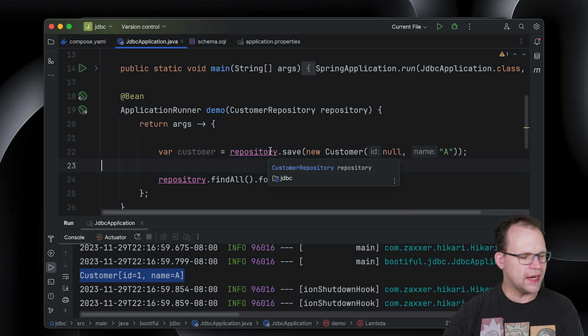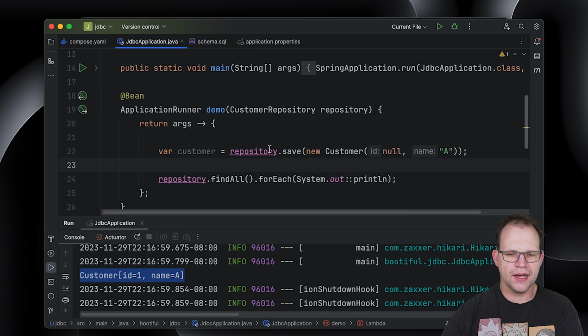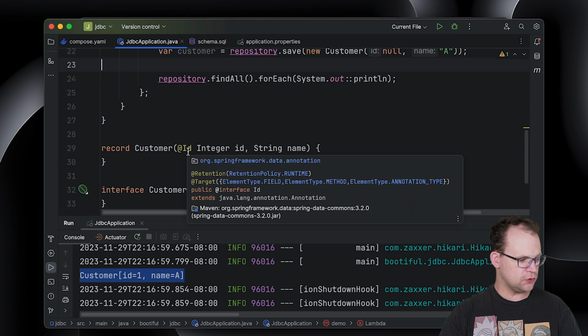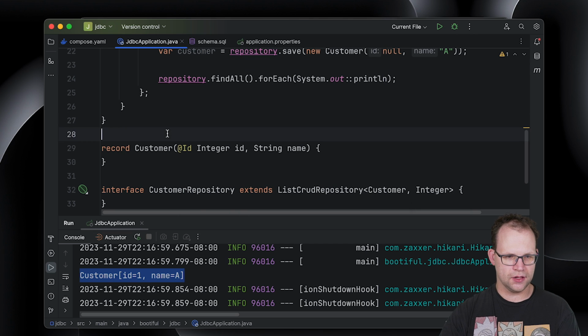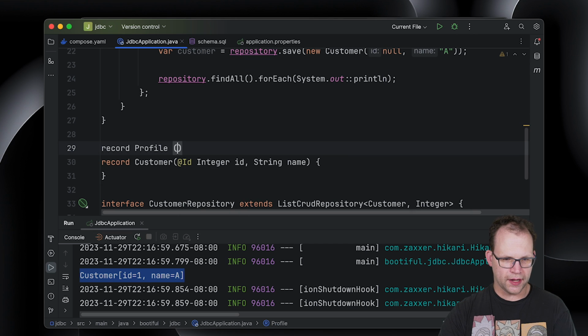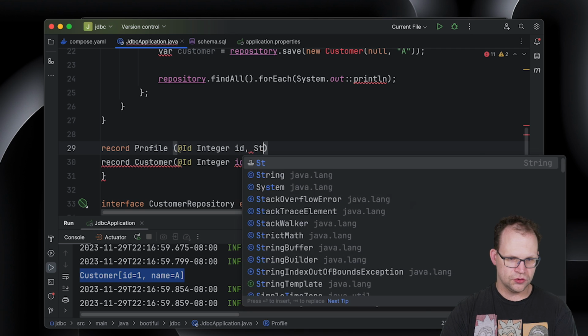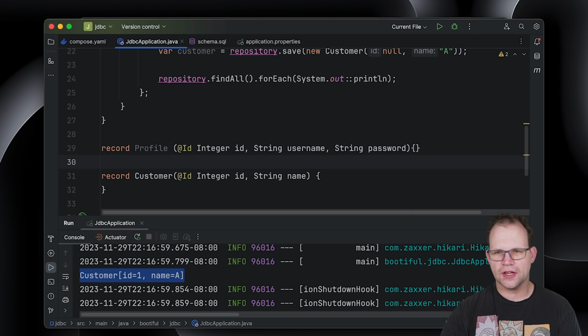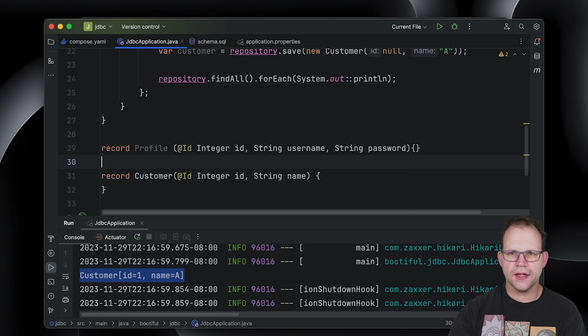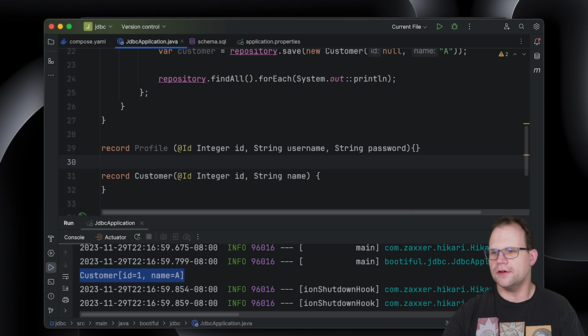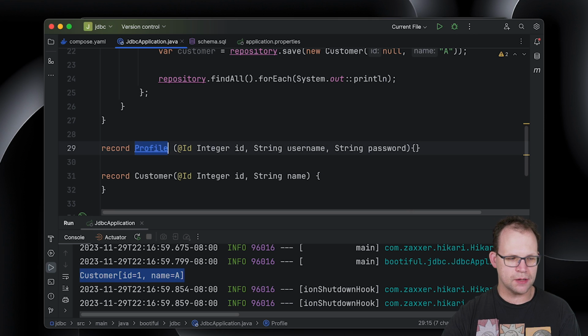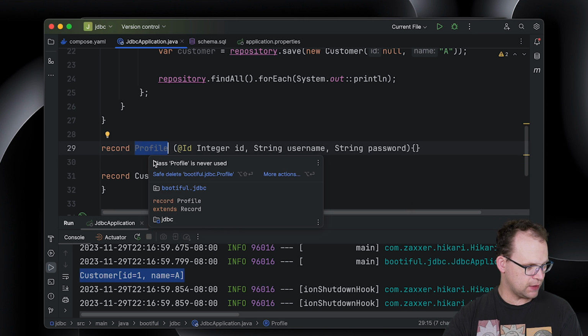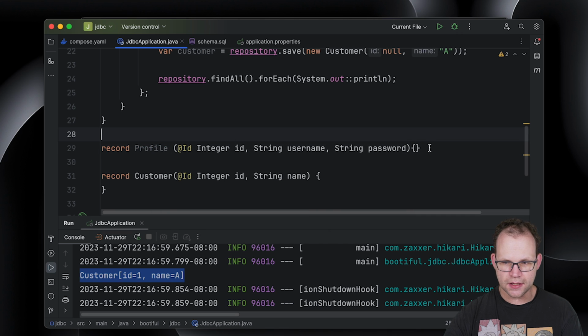Okay, let's see if we want to get a little more involved though. Let's say we want to also now start accounting for a one-to-many, a one-to-one relationship even. So now every customer in turn also has a customer profile. So I'll create another type here called profile, @ID, integer ID, string username, string password. So again, this is like social media information. The customer is the actual entity, but their profile page and all that stuff, maybe that's described by this. So I want to map that.